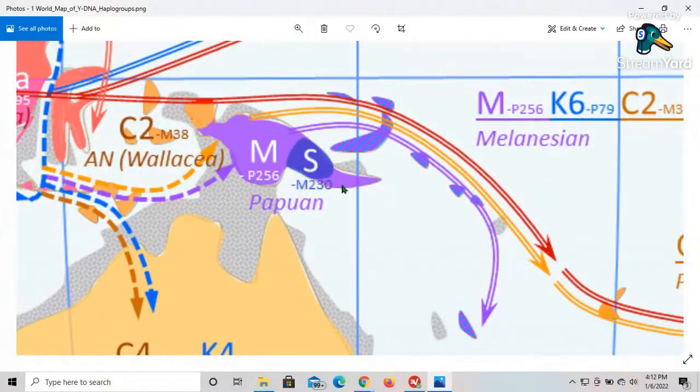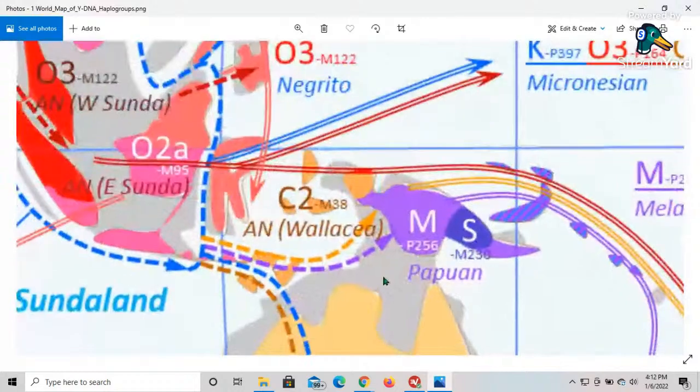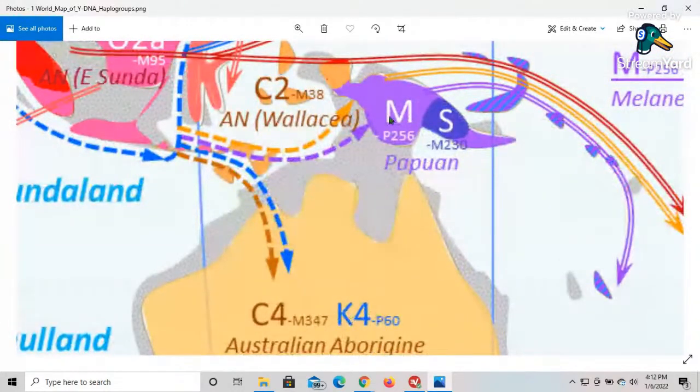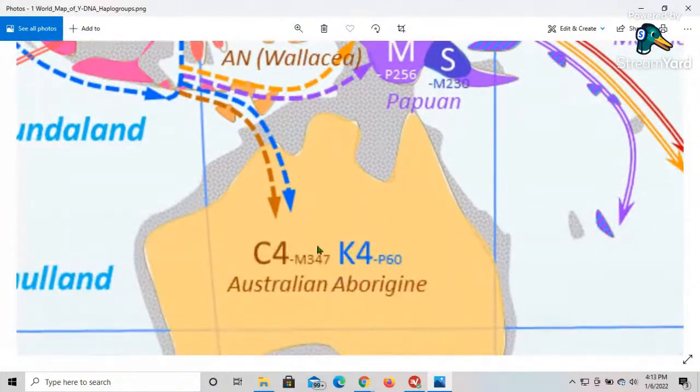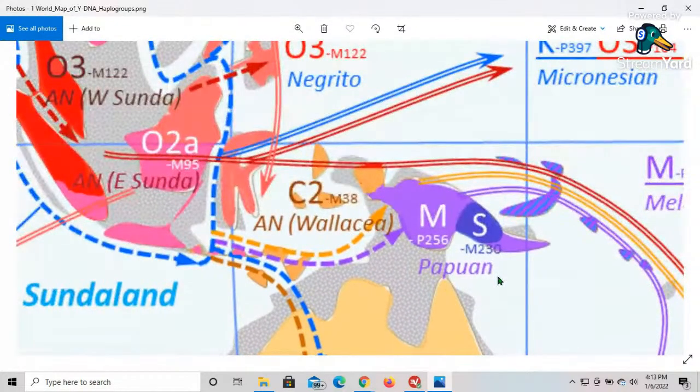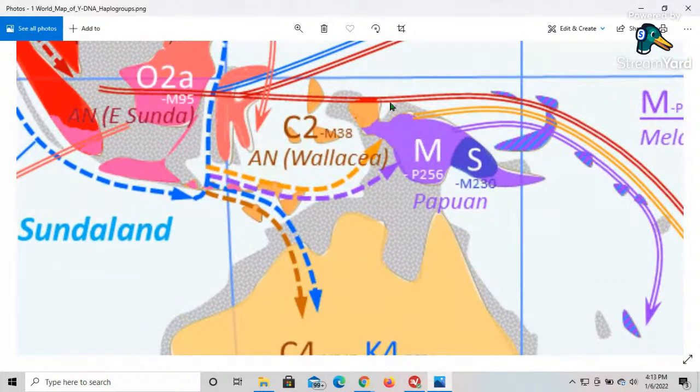It's the M and the S down here. And the M and the S is closely associated with the K, which I believe the M and the S are the same family as K, which is Tubal, because of the Denisovan population. These people have the most Denisovan DNA, as well as the K in this area. So not only can I identify the Denisovan as being Hamitic from being in this area, because the M and